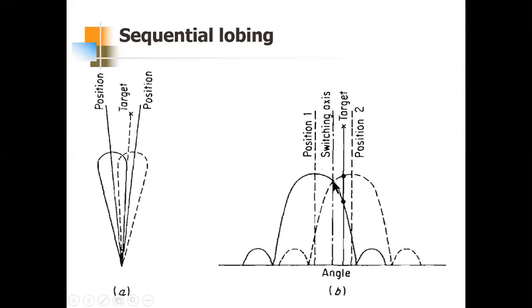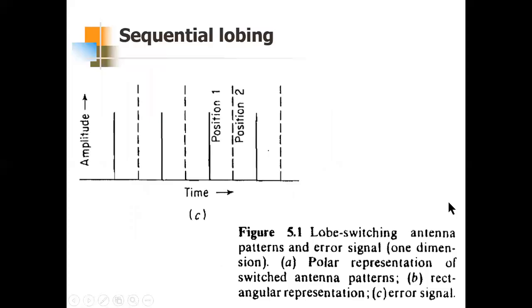As we saw the boresight direction, in monopulse tracking we had two simultaneous beams, not the switched version, and the crossover between the two simultaneous beams was called boresight. Here we don't have simultaneous beams, so we don't have boresight. Boresight is only for monopulse tracking. Here we have the switching axis, the axis along which the switching happens. The error signal obtained from a target which is not located on the switching axis is shown in the next figure.